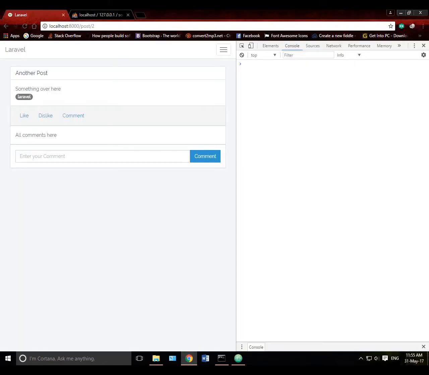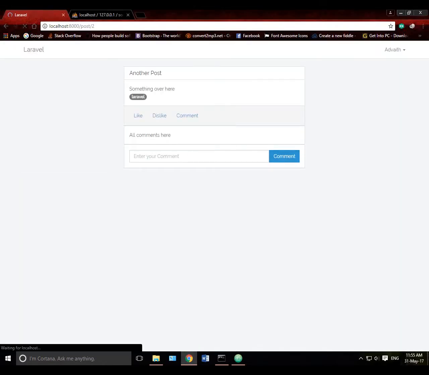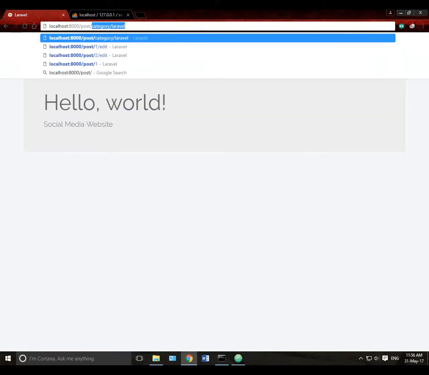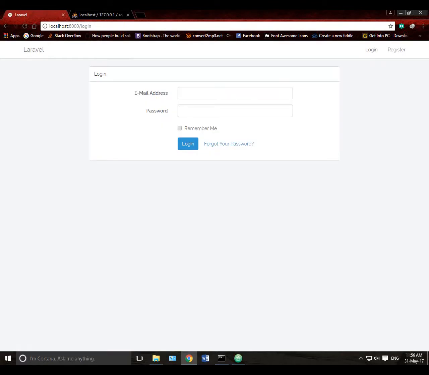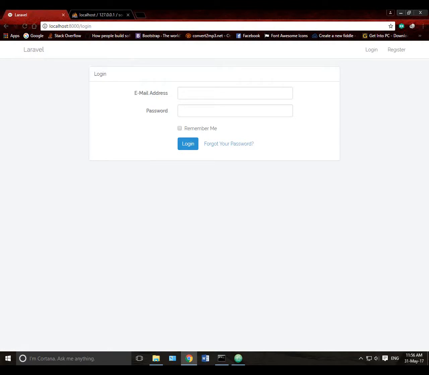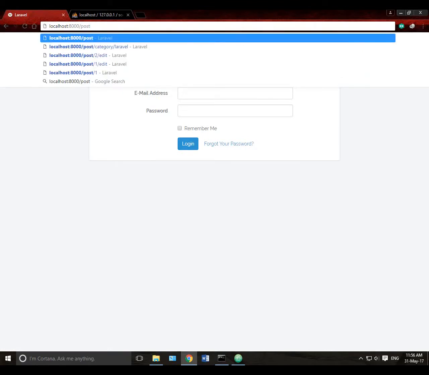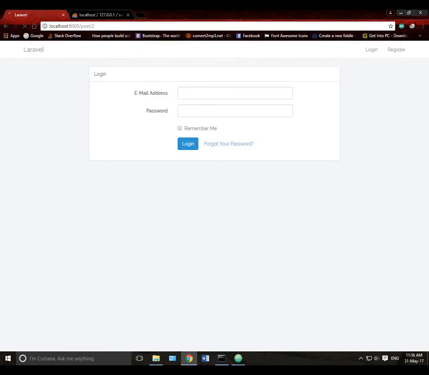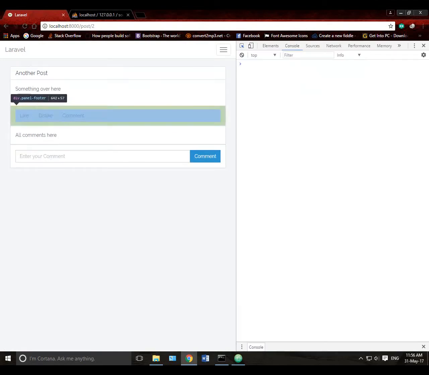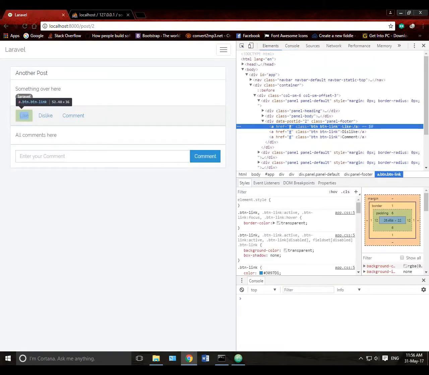So if you reload, you can see, okay, even if you log out and go to post /2, not edit, yeah, post /2. Now there is a like and dislike button, but the problem is they don't have a class